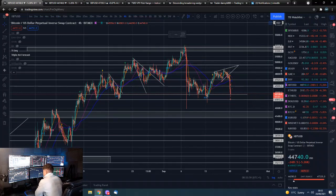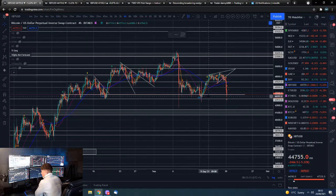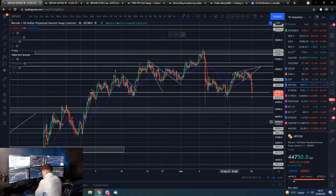But obviously this doesn't necessarily have to be the lower part of this range. Like I said, I think today and tomorrow are going to be pretty important. Tomorrow being turnaround Tuesday, so we could come lower today then turn around tomorrow, or this could be it for the move. Obviously we are getting dragged down by the weakness in the major markets because of the